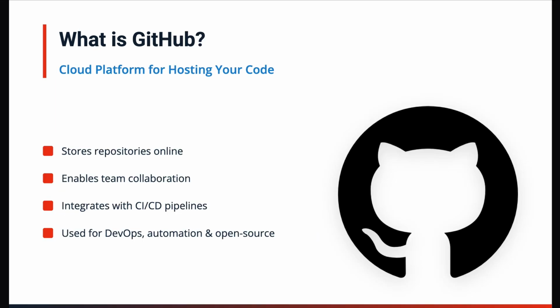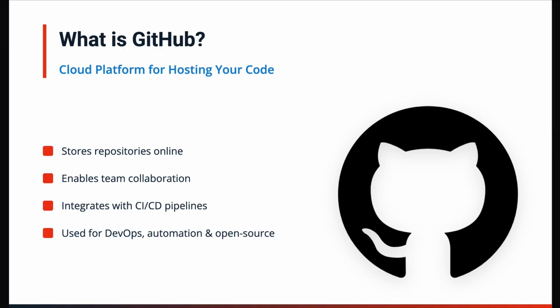Now let's talk about GitHub, because Git and GitHub are related but not the same. Git is the tool that runs on your computer. GitHub is a cloud platform where your Git repositories live online. Think of GitHub as a storage place but with extra features like collaboration, code reviews, automation, issue tracking and